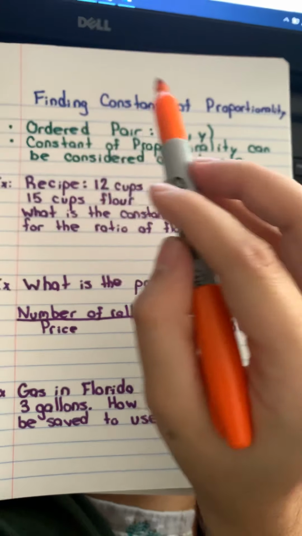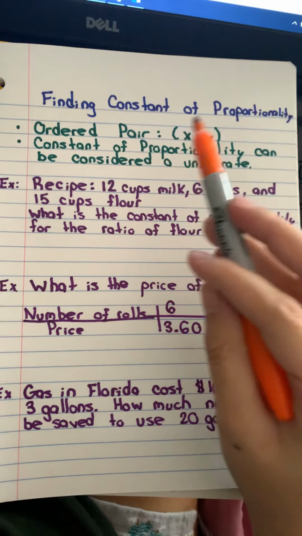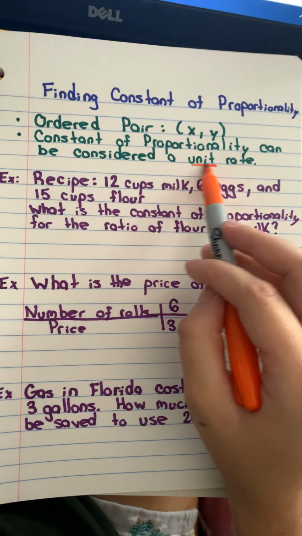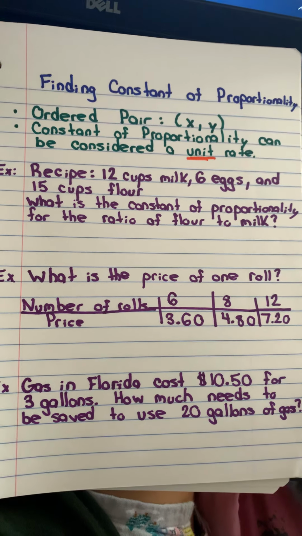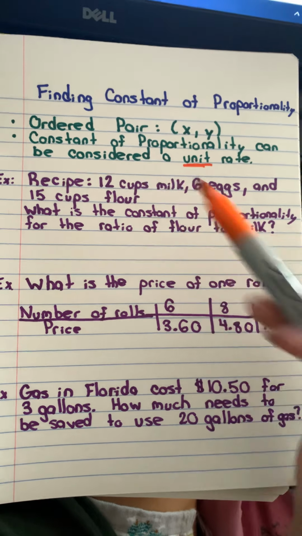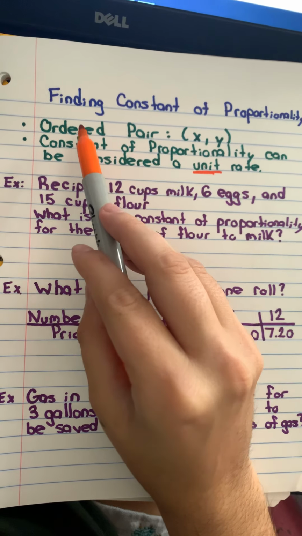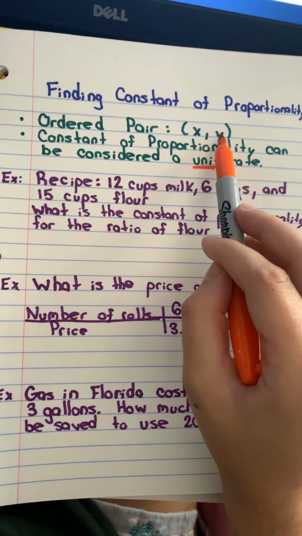So finding the constant of proportionality, which is a lesson on ingenuity. A constant of proportionality can just be considered a unit rate. Remember, unit means just one per something, for one something for every something. And we can use a constant of proportionality in a word problem, in tables, or in a graph. When we're looking at an ordered pair, remember it is always x value, comma, y value, and we'll use